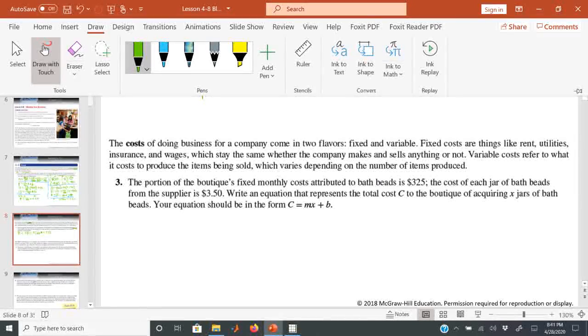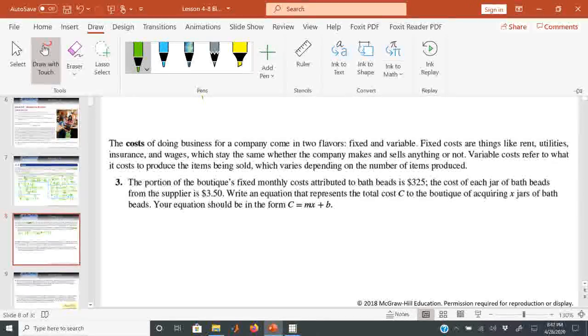The boutique actually has more fixed costs than that, but it divides it up among the things that it sells. So to justify having the bath beads on the shelf, they have to make $325 a month to pay for the